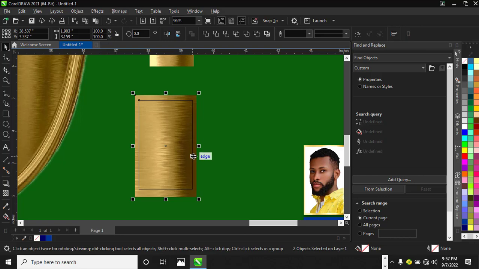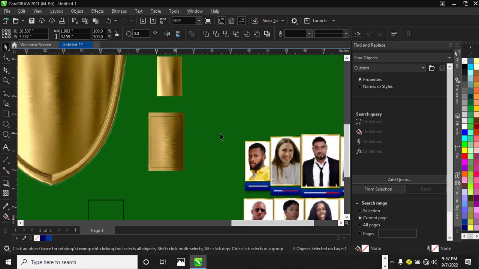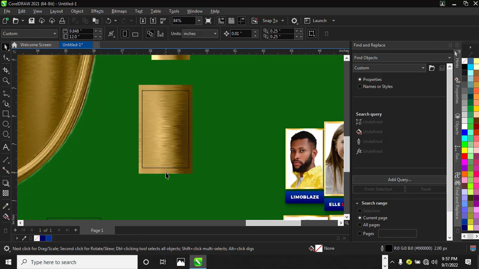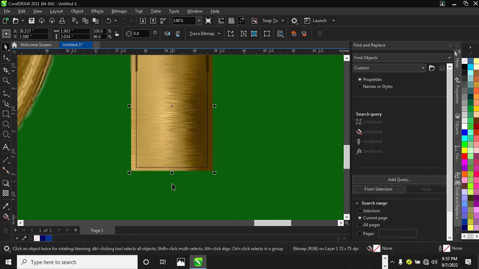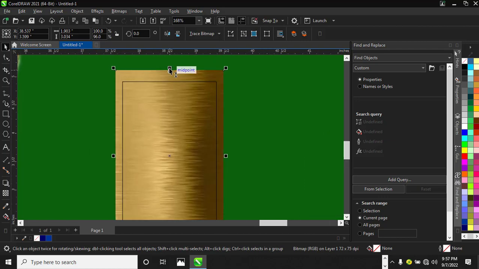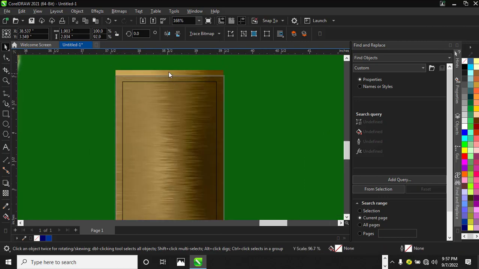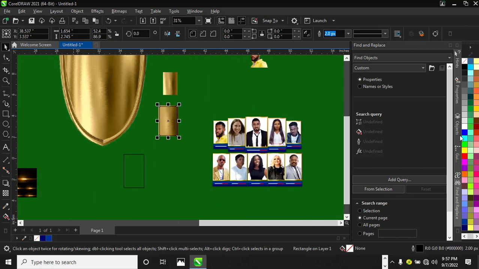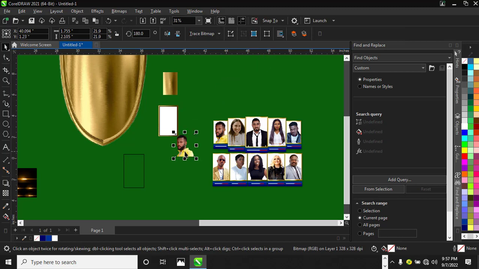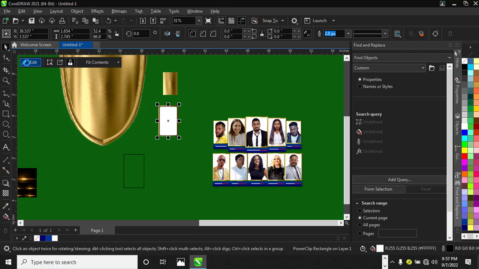caps lock C, then after you press E to measure that it's been aligned. So this is how I did it. I went and reduced here and reduce here and give here white because of the work. Then I right click on this and power clip this man into this frame and go